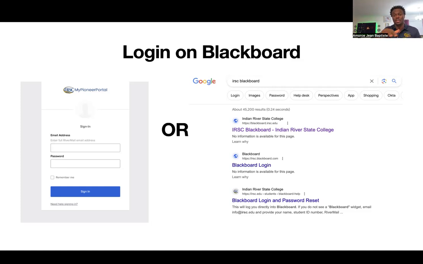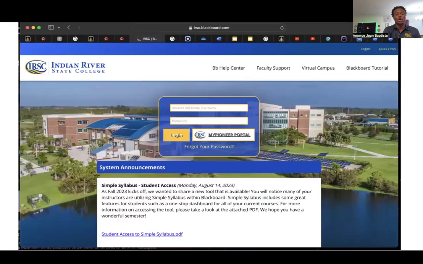In case this option is not available, you can type IRSC Blackboard on your web browser. The first option is the one to pick, and it takes you straight to Blackboard, where you enter your student ID and your password.